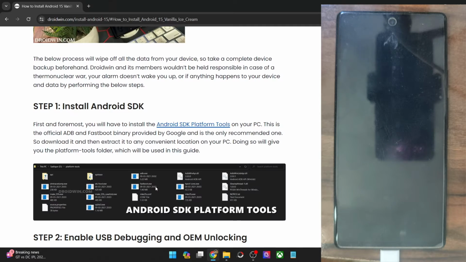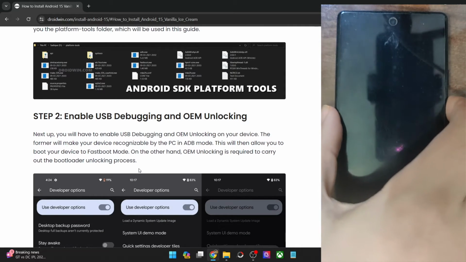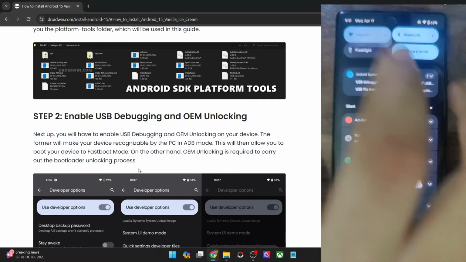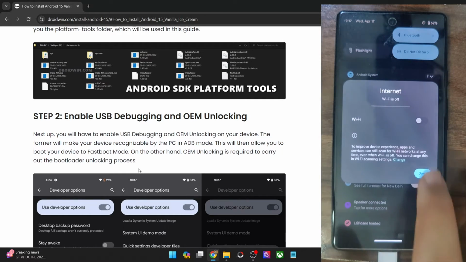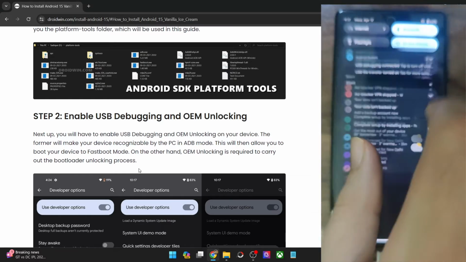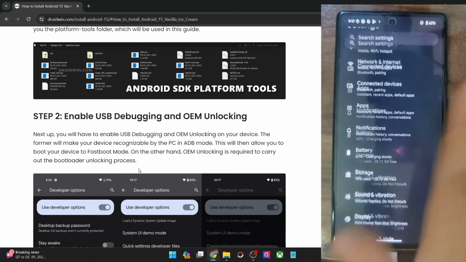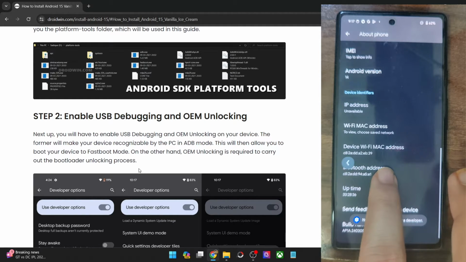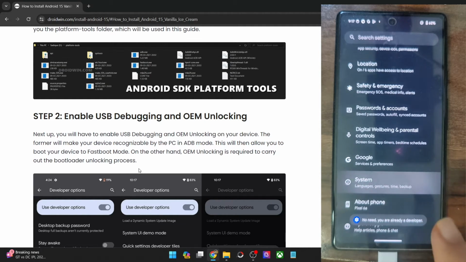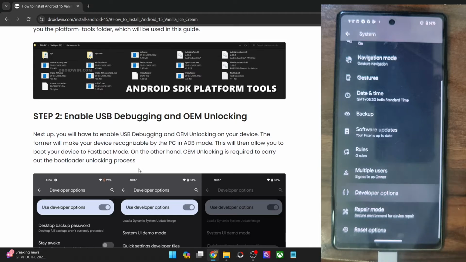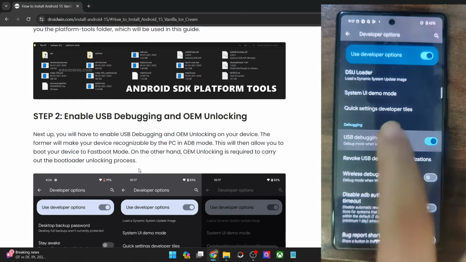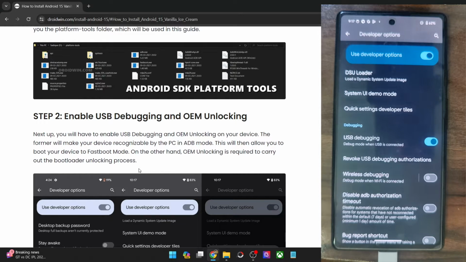Once that is done, you will now have to enable USB debugging on your phone. USB debugging is required for ADB commands. So let's enable it right away. For that, you will have to go to the settings menu on your phone. From the settings menu, go to About phone and tap on Build number 7 times. You will get a prompt that you are now a developer. So now go to System, and you should now see Developer options. Go there and enable the toggle next to USB debugging. You will get a prompt on your phone. Tap on OK or Allow, and with this, debugging is now enabled.